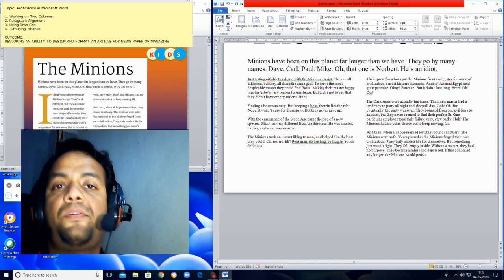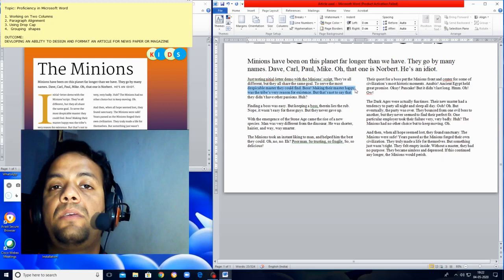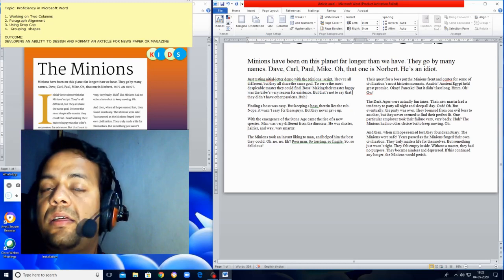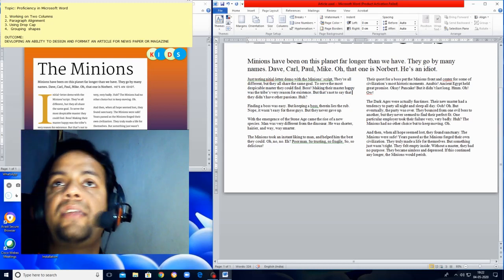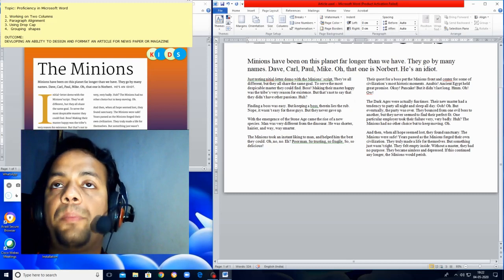use one more effect, that is called paragraph alignment. Children, you look here. I just highlight you. Look at the screen. The text is in the zigzag form, means it's not properly aligned. Some text is going more beyond towards the right side. Some text is not touching the boundary of the right side of the column. So this is not aligned properly.